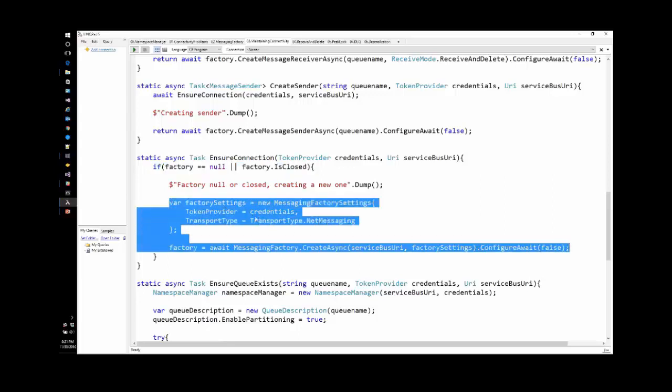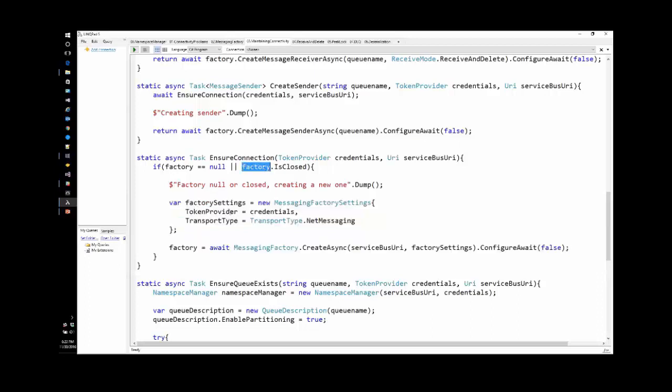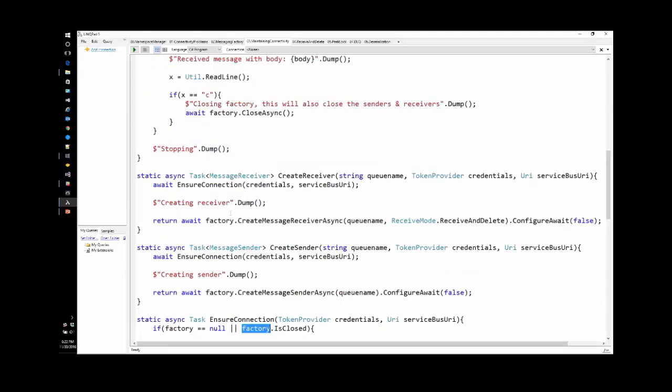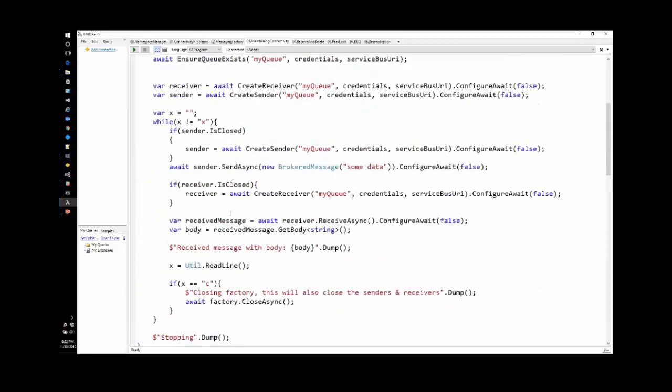But this code is exactly the same as in the previous sample, but this time I'm doing it over and over and over again. Check if it's closed, and if so, recreate the factory. This is effective instance level management, and you need to do it on every single operation that you want to execute against it. So in order to demonstrate this, I've put this receive code, the send receive code, inside a